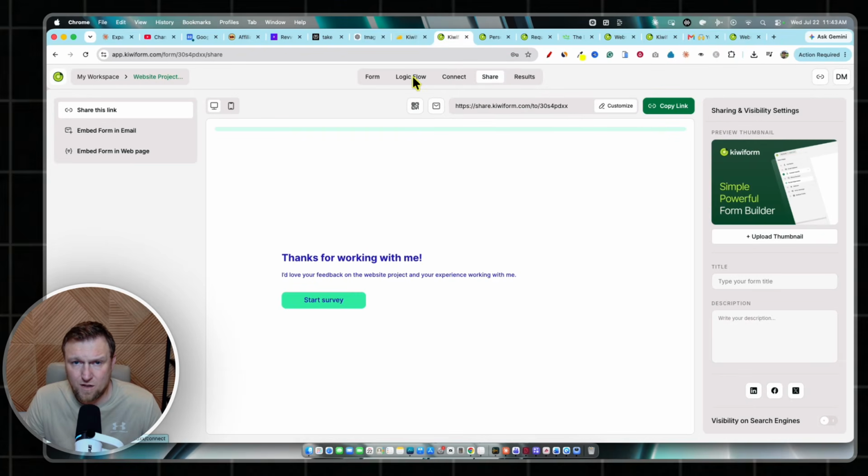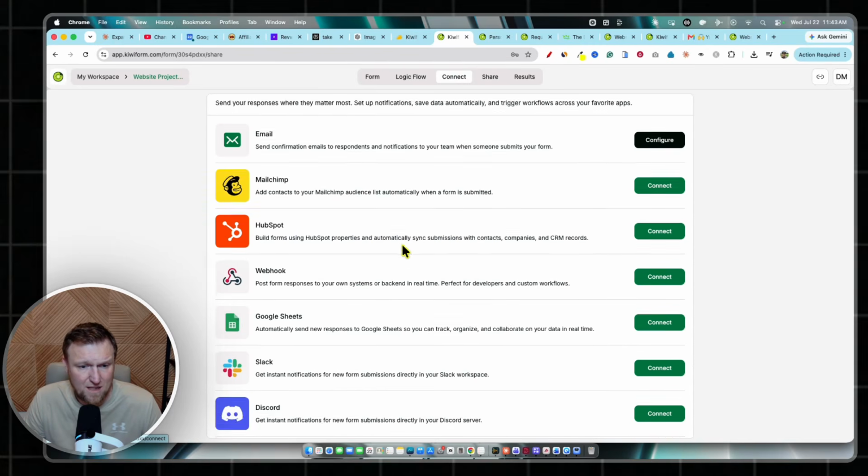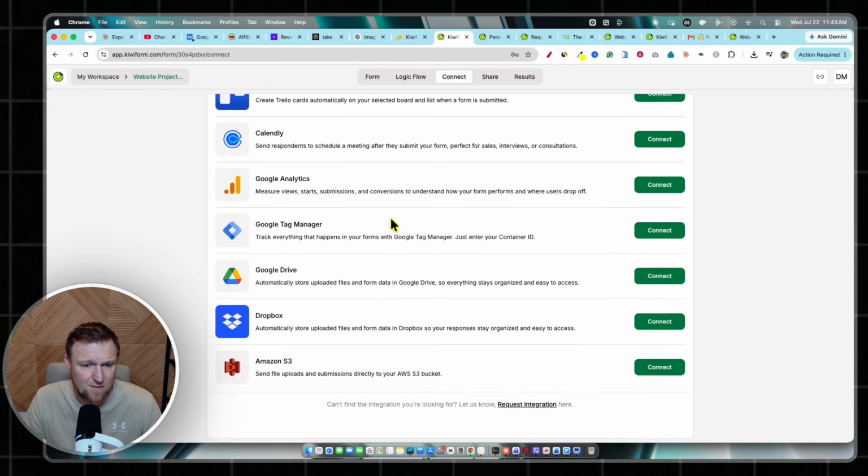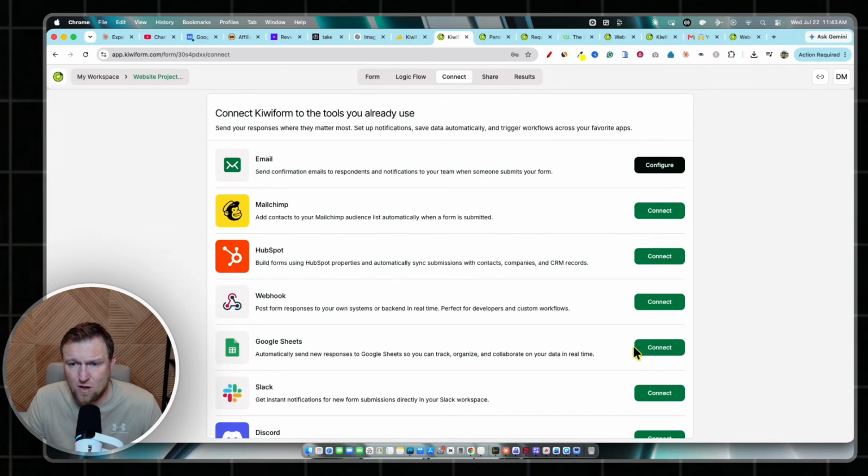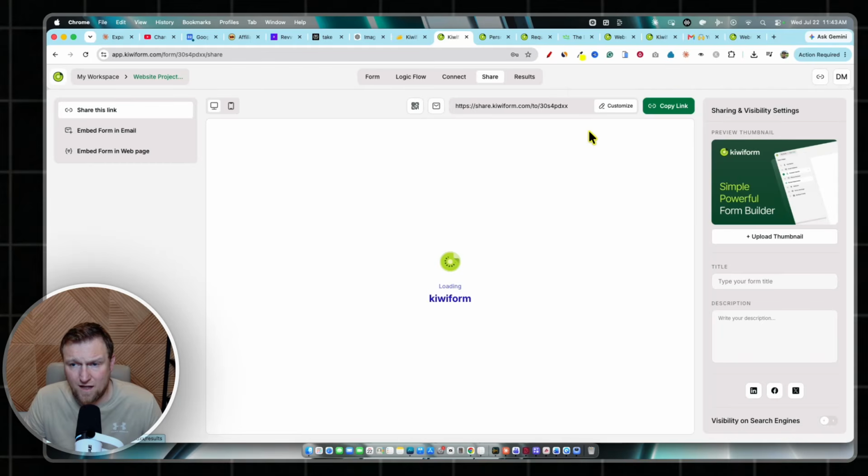A lot of other things that you can do as well. They have connect. You can connect this to all these: MailChimp, email, Stripe, Calendly. So you'll go and set up all the integrations right there, really nicely laid out. And then you have your share right here, where you can change the thumbnail out